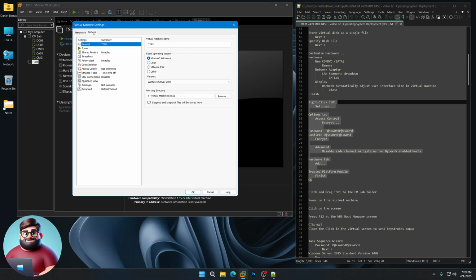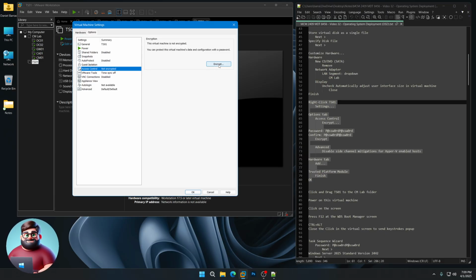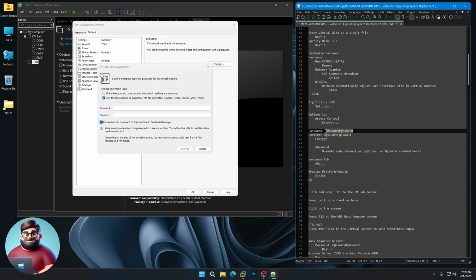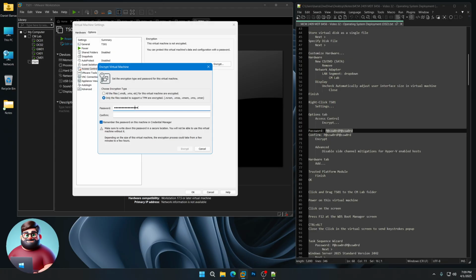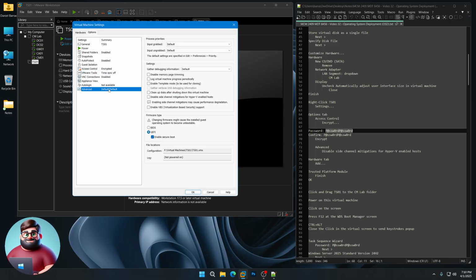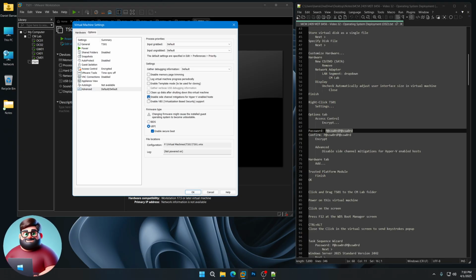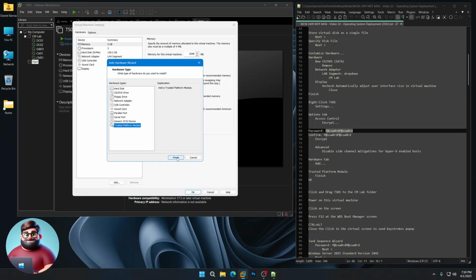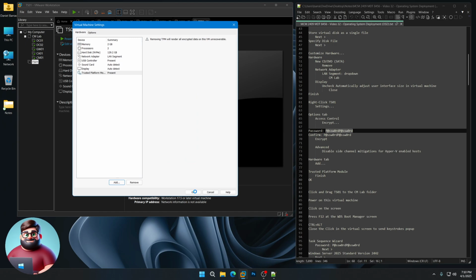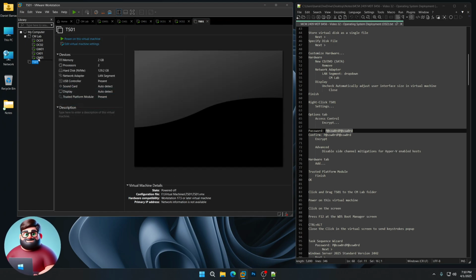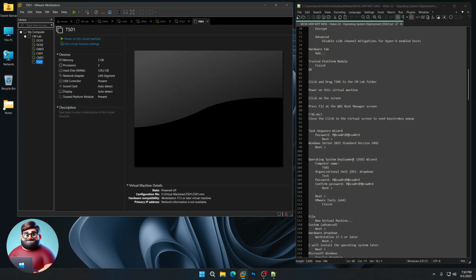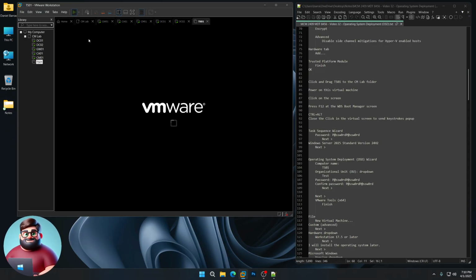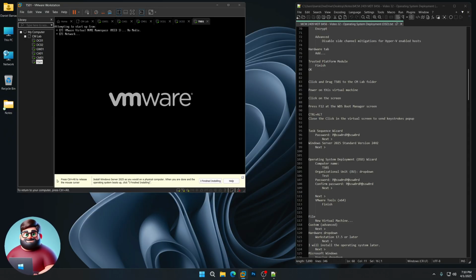Under the options tab, we'll go to access control, encrypt, grab our password, control V to paste, encrypt, click on advanced, disable side channel mitigations for Hyper-V enabled host, go to the hardware tab, add and our TPM. Finish. Okay. We're going to drag that underneath CM01 and power on this virtual machine, click on the screen, and wait until you see the